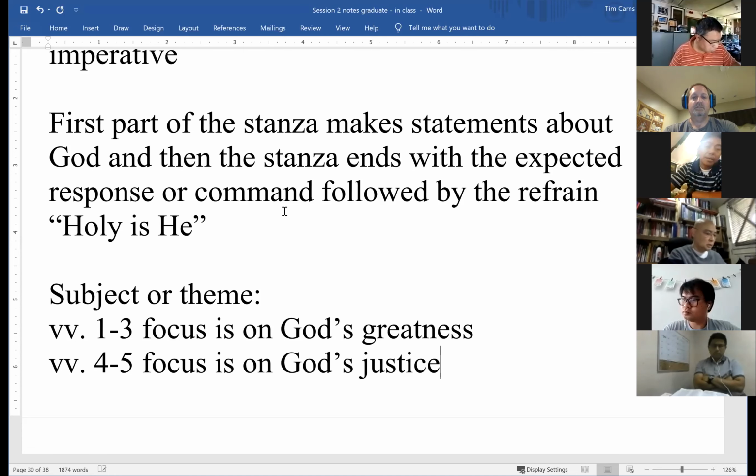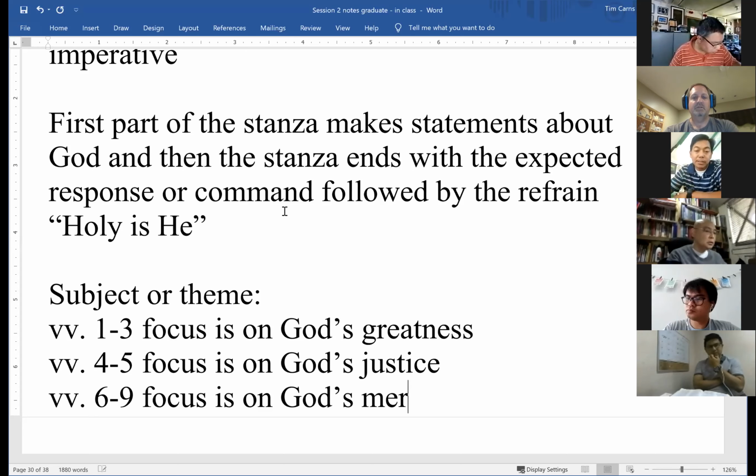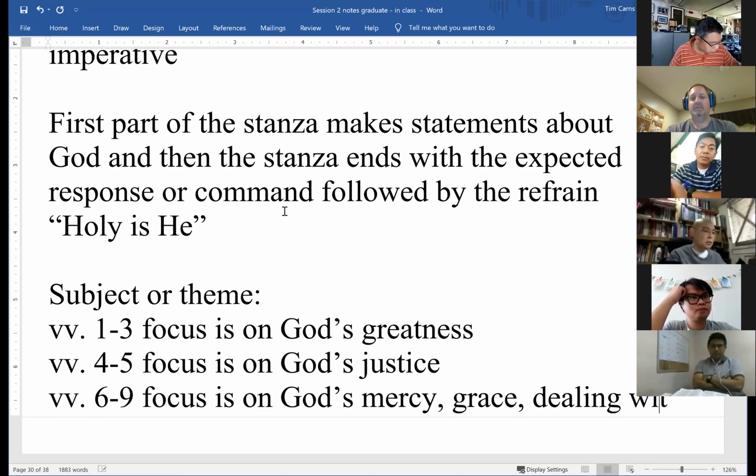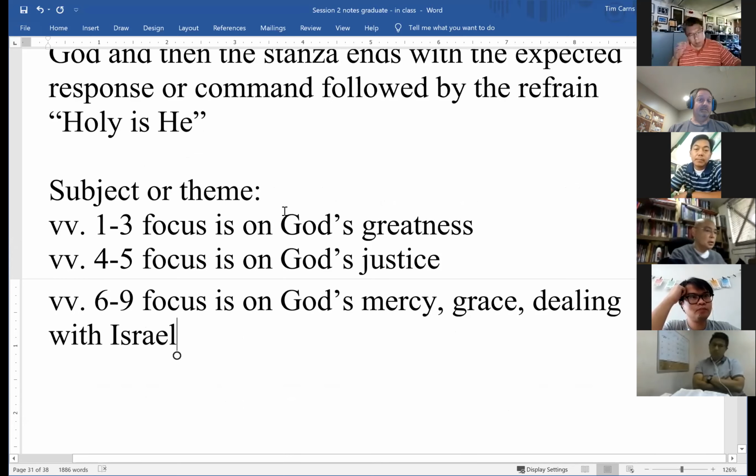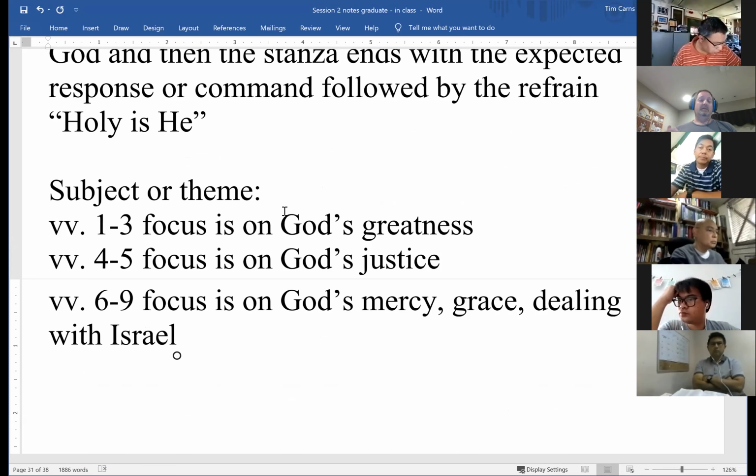In verses 6 to 9, the focus is on God's mercy or grace, dealings with Israel, something like that. Okay? So I think in the case of this psalm, to me, it's pretty clear that we've got 3 stanzas here based on multiple